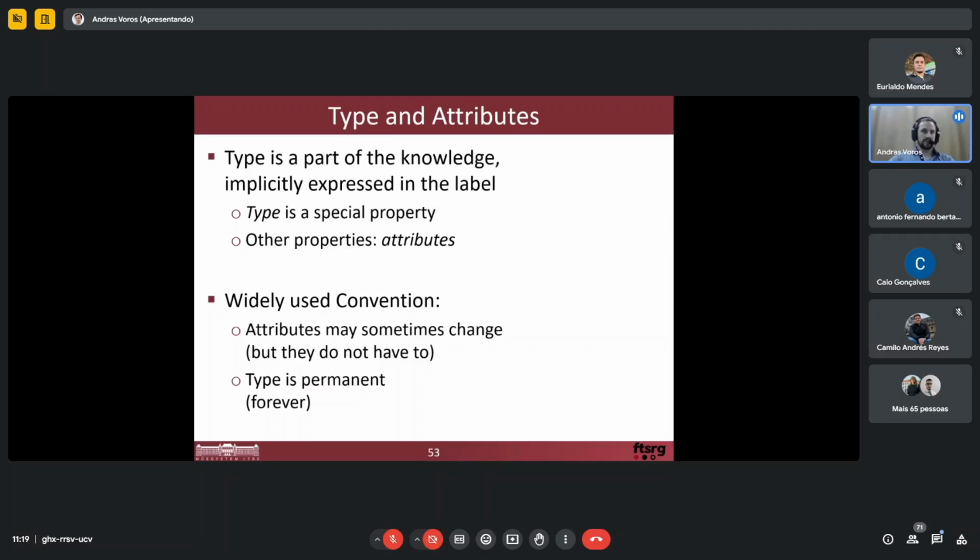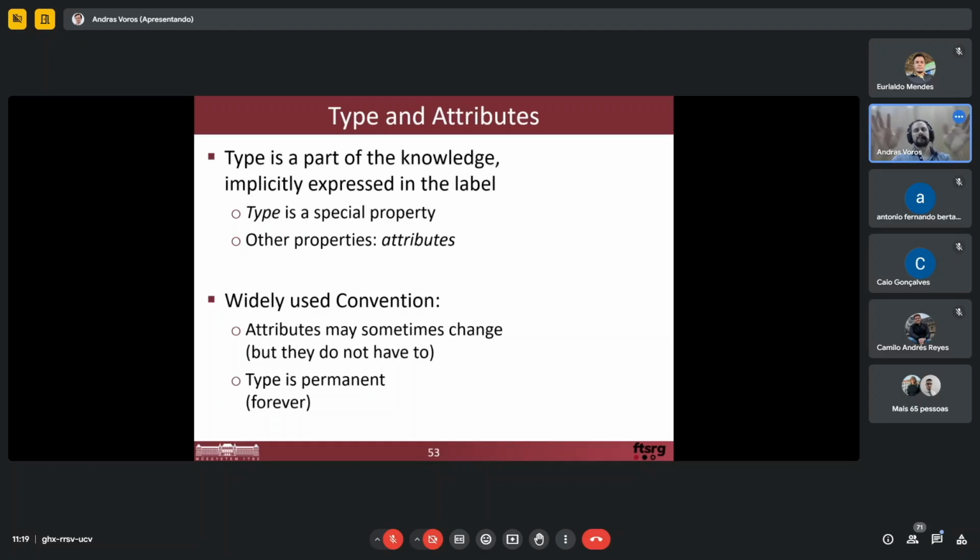So type is a part of the knowledge that is implicitly expressed in the label. And type is a special property, and other properties are attributes of the system. We will see some examples of it. And a widely used convention that you have to remember whenever you are developing models is that attributes may sometimes change. They don't have to, but they can change. So for example, if I want to talk about the color of a lightsaber,